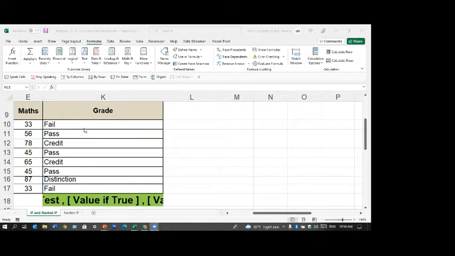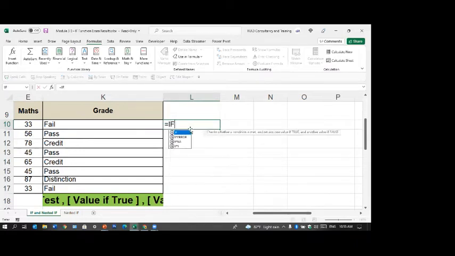Now to replace this IF function, there's a function called IFS. But it might not be there, so no point in doing it. But if you find a new version, this is how IFS works. IFS, open bracket, what is the logical test? Whether this is greater than or equal to 80. What do you do? Value if true 1.